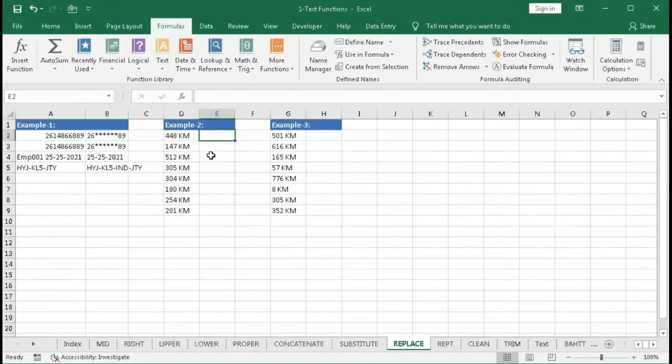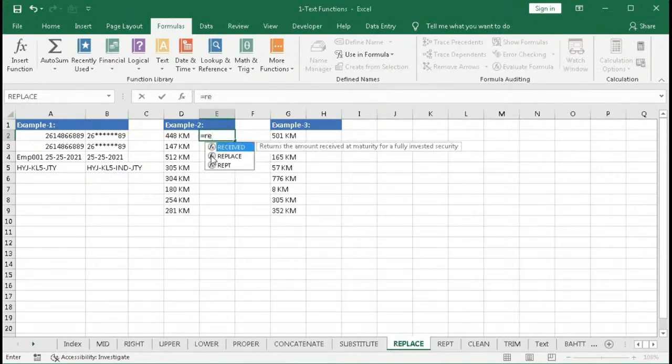So here equal to, first we will change this into a number. For that you replace old text, this one, comma. Start number is 3, 4, from four we have to change, comma, number of characters is